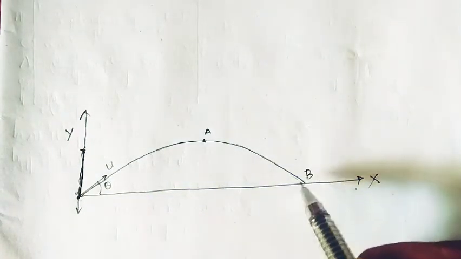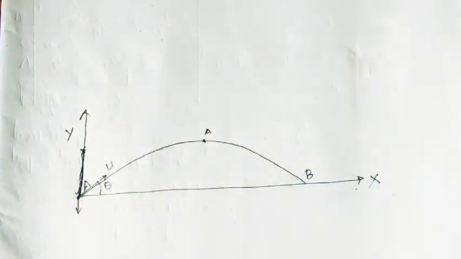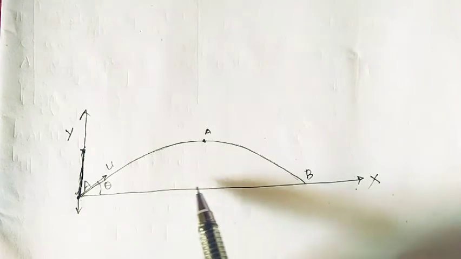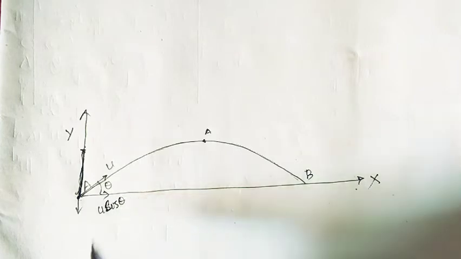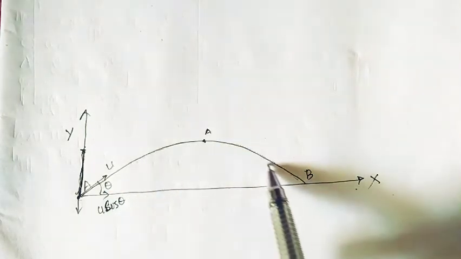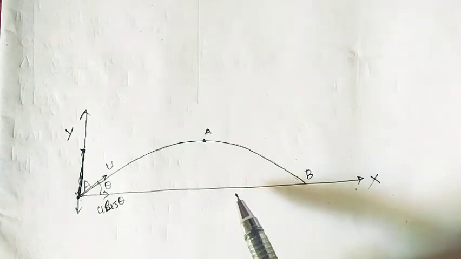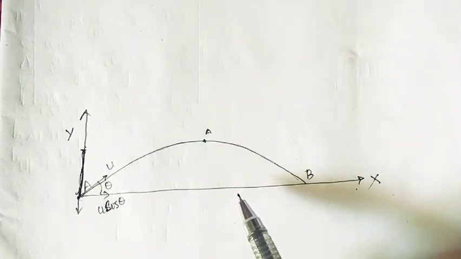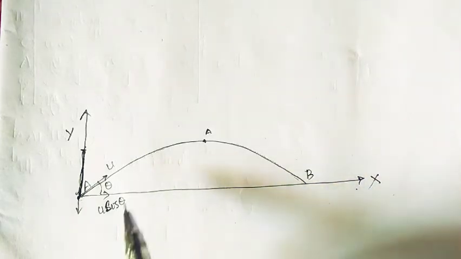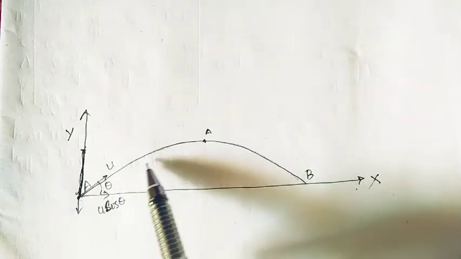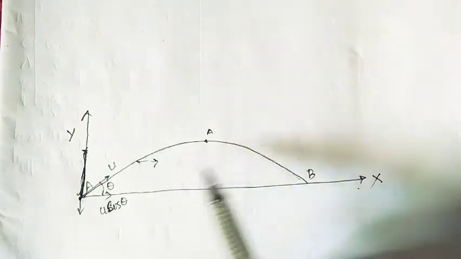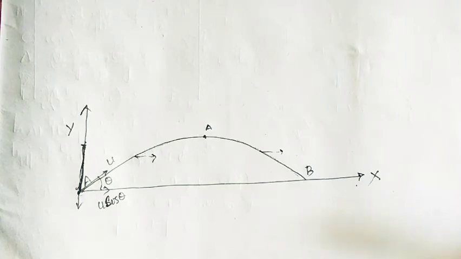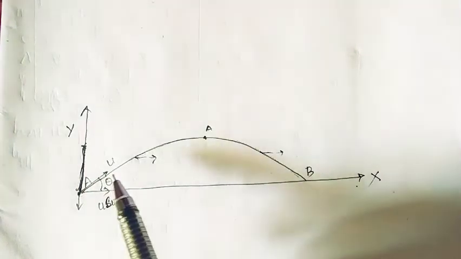So as long as this vertical motion is continuous, the horizontal motion takes place, and the horizontal motion, that is the u cos theta, remains the same at each and every point on its motion, because there is no acceleration, it is not affected by the acceleration due to gravity. So at each and every point this u cos theta acts on it when the particle is moving up and coming down, just pushing it along the positive x-axis. So this is a simultaneous motion.